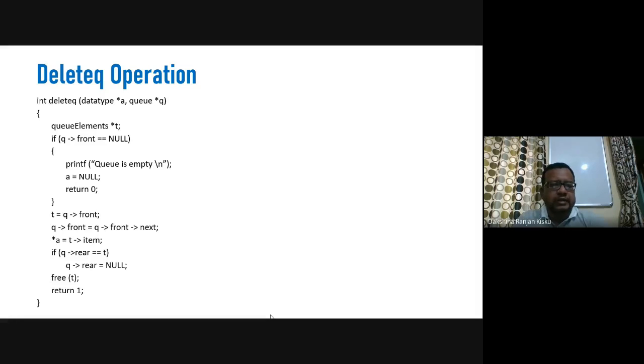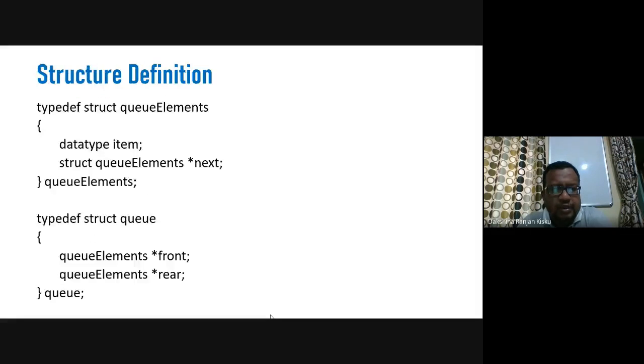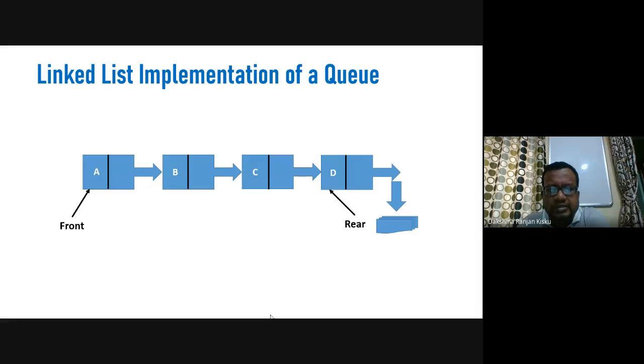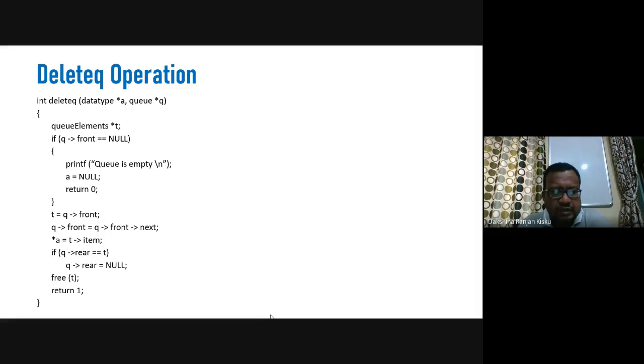Now, when we have this linked list implementation of a queue, where we can see that there are four nodes, whenever some node will be deleted from the linked list or the queue, we need to first check whether the queue front is found to be null or not. When the queue does not exist, we cannot delete any node or any item from the linked list or the queue.